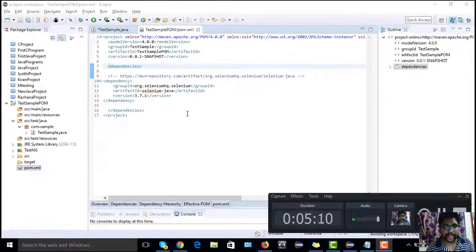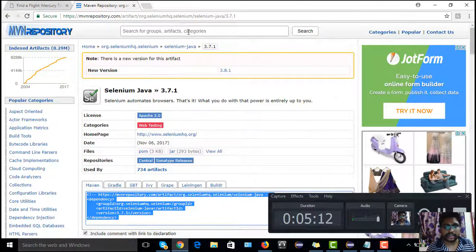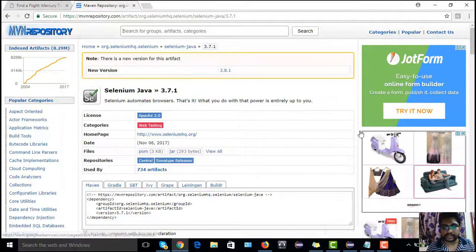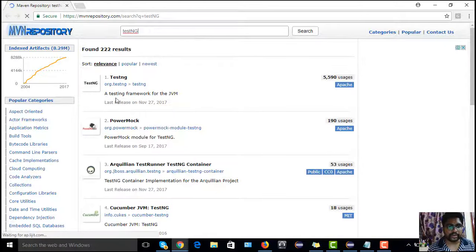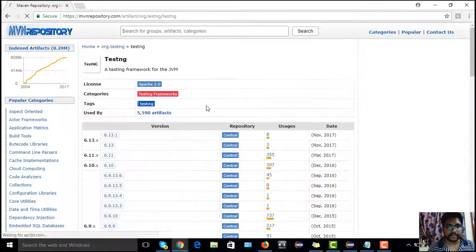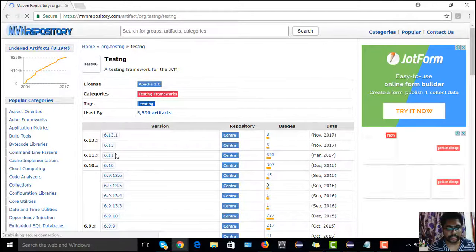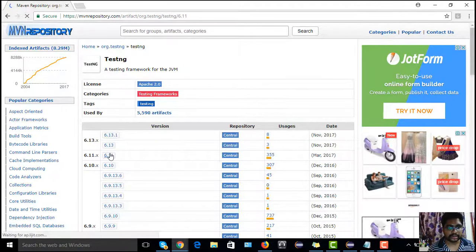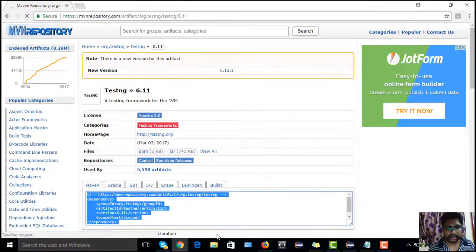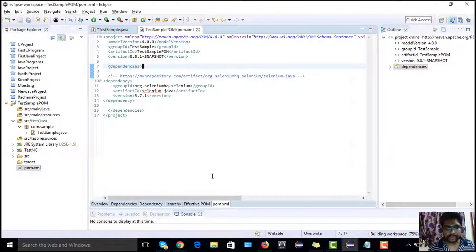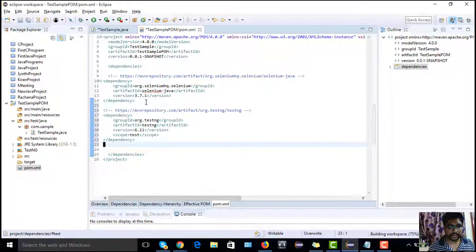Now I'm going to add my test engine. So you can copy the test engine. You can download the latest stable version. Yes, copy, go back to your Eclipse, paste your dependency, click save.